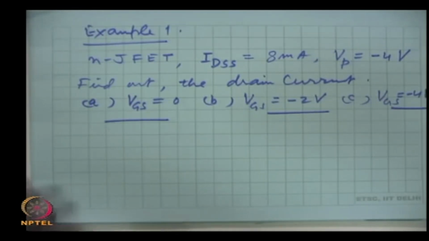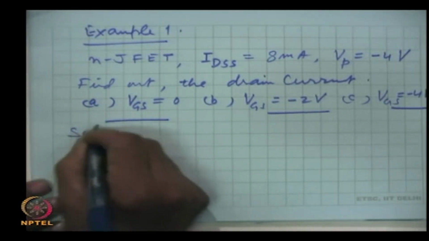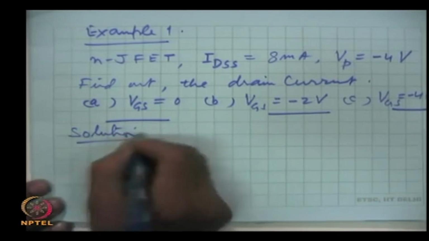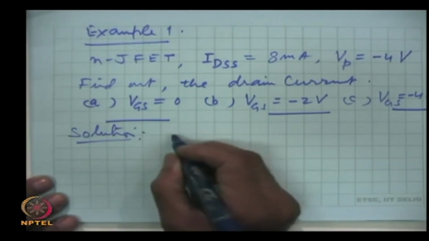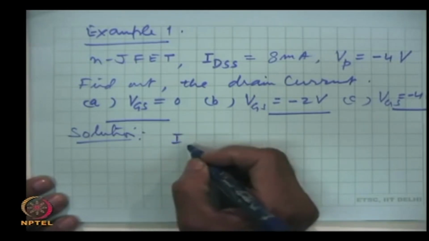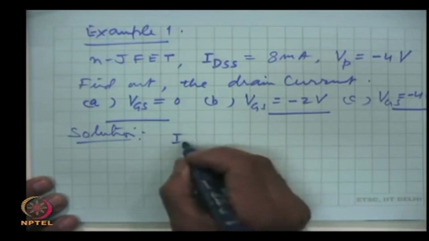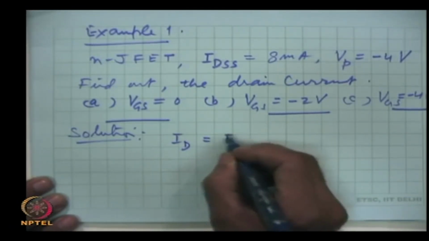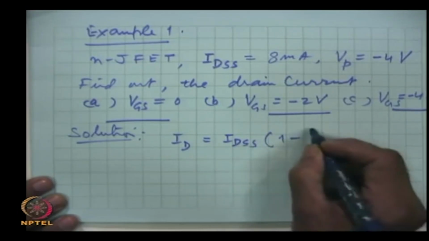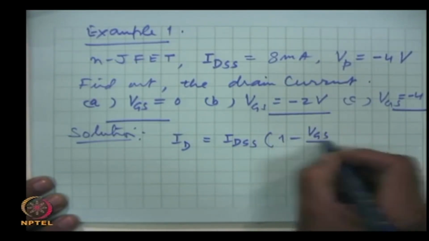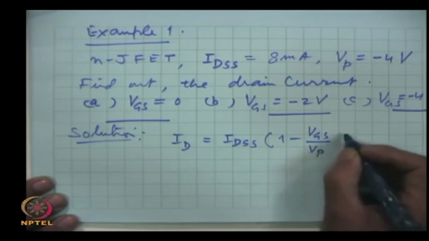This we can do simply with the help of that square law expression for the drain current in terms of the gate source voltage. So, ID is equal to IDSS (1 minus VGS by Vp)